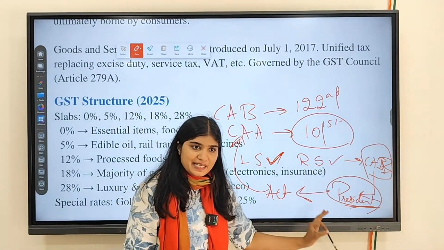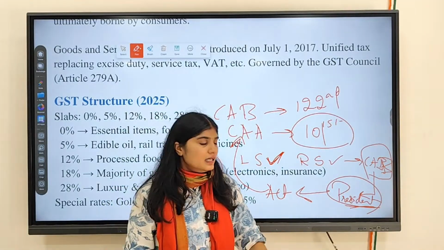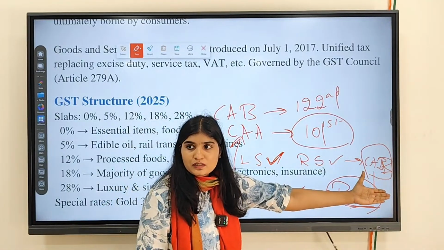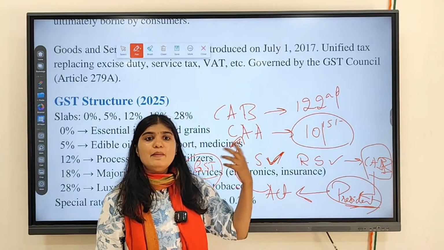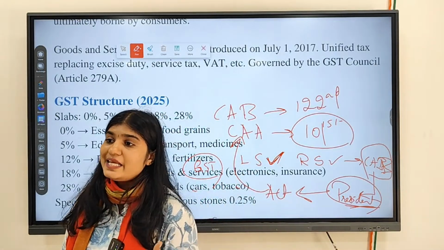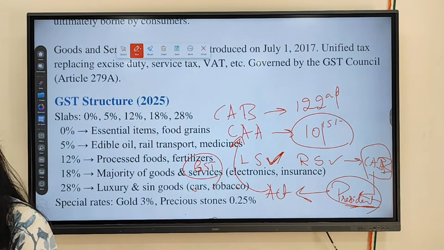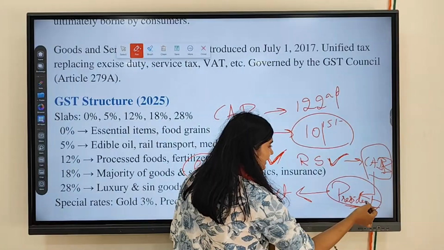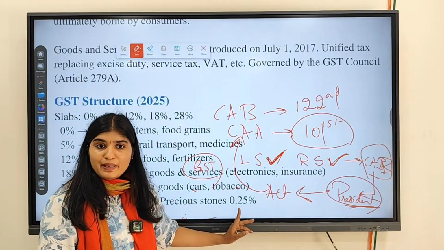If the President gives assent, then it will become an act. If the President doesn't give assent, till then it will be called a bill itself. It will not come into force. When will it come into force? Once the President gives assent, then this GST will come into force. Along with that, more than half of the states should ratify this GST. Lok Sabha and Rajya Sabha had already passed this bill and sent it to the President. After giving assent, did it become an act?